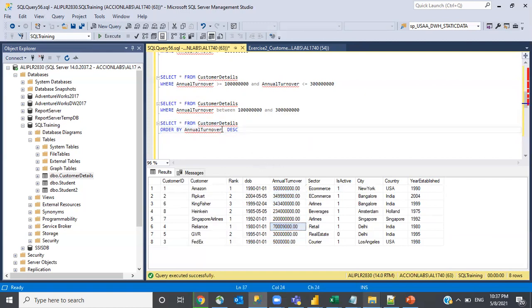Now, if you want to add one more column to the sort, like I want to add the sector also, you just put a comma and add the other column. Now what will happen? First it will sort the annual turnover column and then followed by the sector column. Let's go and see now.